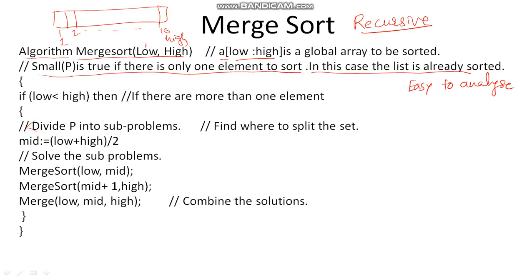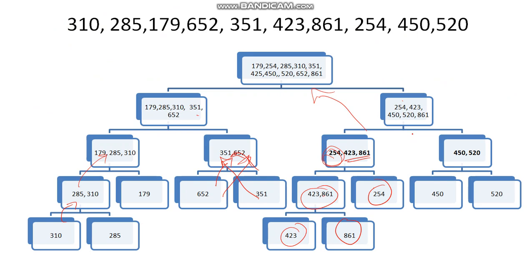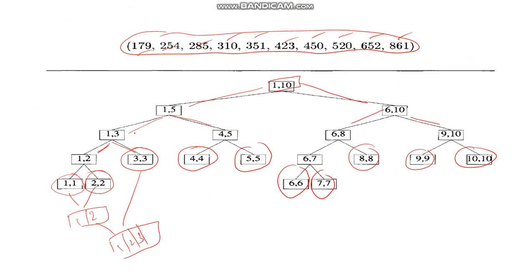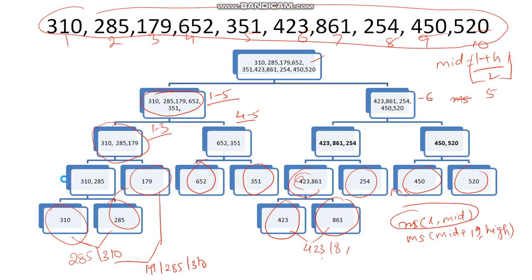So if low is equal to high, or low is less than high, let us see this one. If low is less than high, the lower index is less than the higher index. If that happens, then and only then should we go for sorting. And if the lower index is not equal to the higher index, we can check what is happening at the index level. See here at this level, the low index is 1 and the high index is 1. Whenever low is equal to high, there is only one value in the array, so it is not needed to apply the sorting technique.